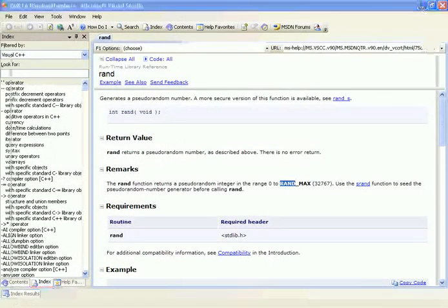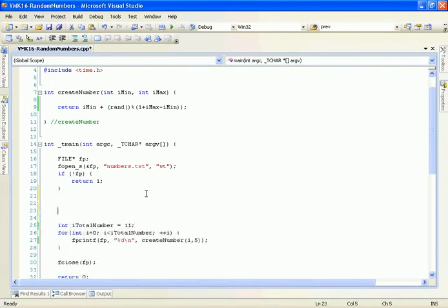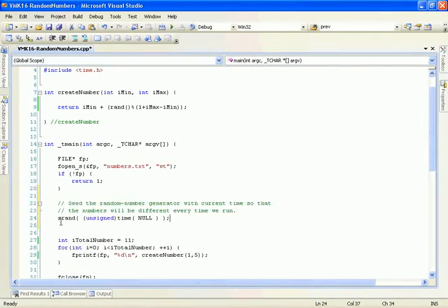So if we want to generate different random numbers every time, then we want to seed our random number generator with a different value every time we run our program. So here's how we would do that. Right before we call our create number function, which generates a random number, we want to call srand, and the parameter that we pass in here is very important because we want to have a different value in here every time we run our program. And the way we can get a different number is by using the time function call,